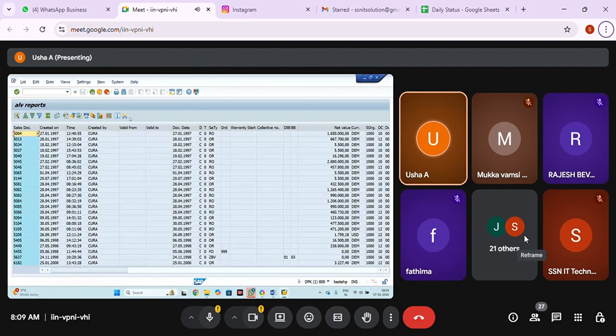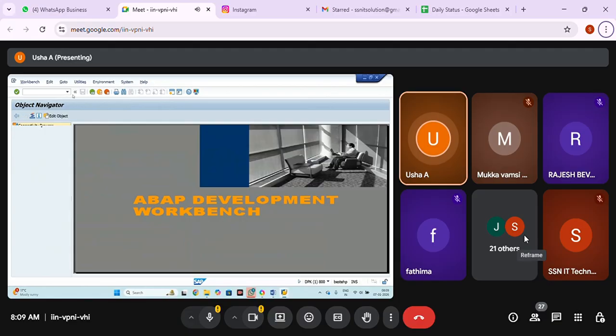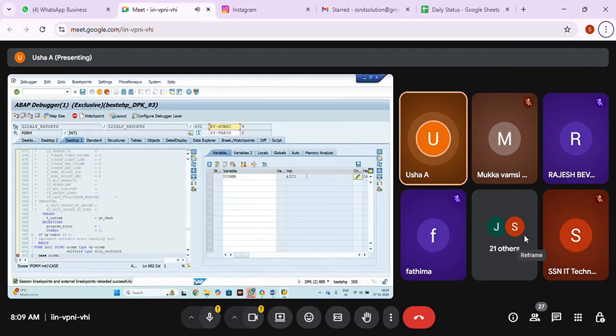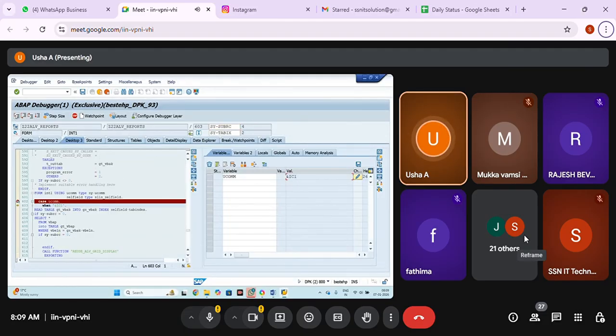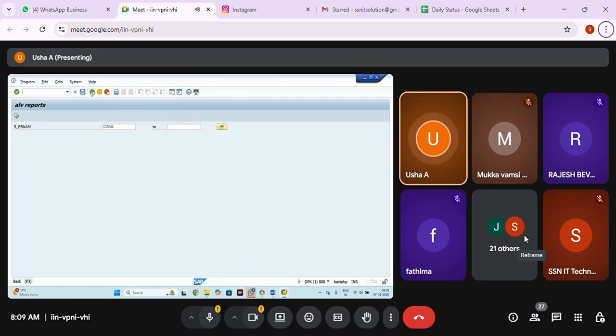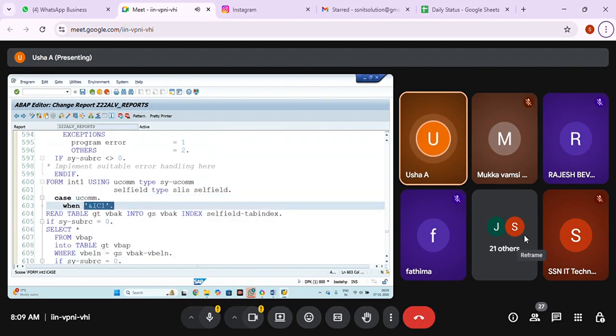Come back. When I click on the Select All button, you can see ALL. It's going to show you that screen. Come back. I want line interaction. Double click on that. You can see unsymbol IC1 is the FCT code. Now it will go inside, read the data and display the data. Clear? So this is how we add the status, and for that action we can write the code. Unsymbol IC1 will be triggered when you select a line. When you select a button, that particular button's FCT code is going to trigger. Is it clear?